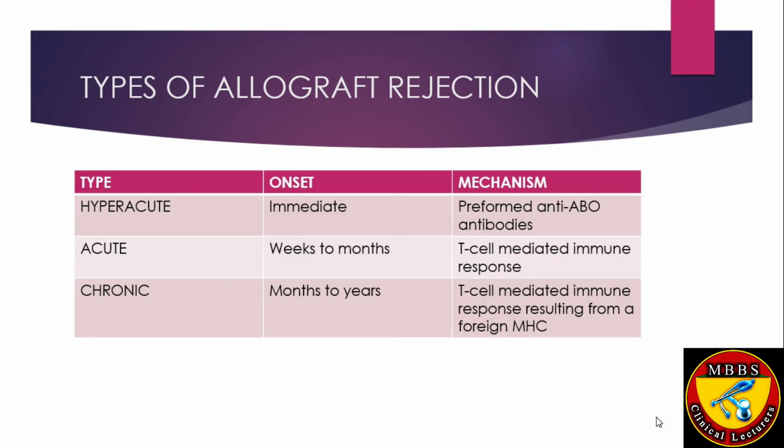Then we have the third one, which is chronic allograft rejection, and it will take about months to years. This is also a T cell mediated process, but it results from the foreign MHC looking like a self MHC carrying an antigen, and it results in intimal thickening and fibrosis of graft vessels as well as graft atrophy, and it is usually associated with type 3 and type 4 hypersensitivity